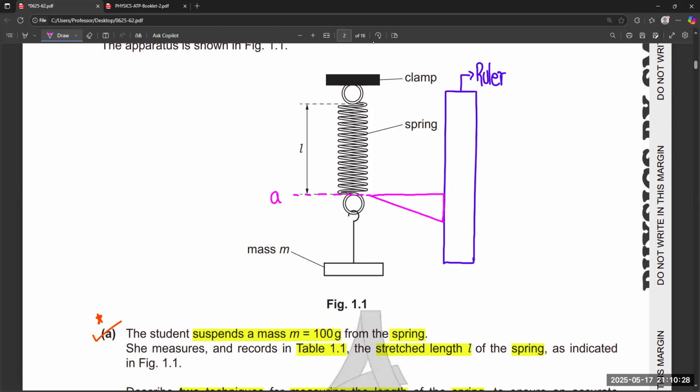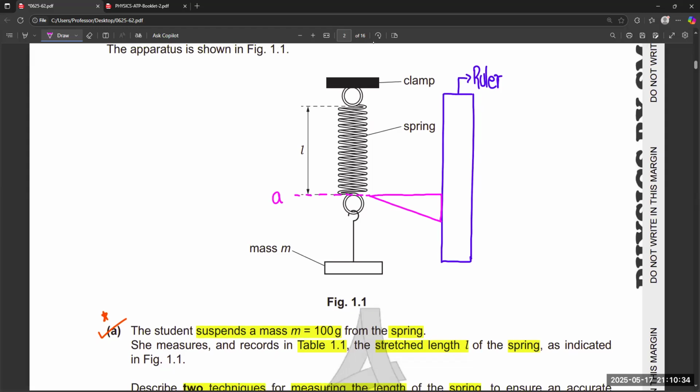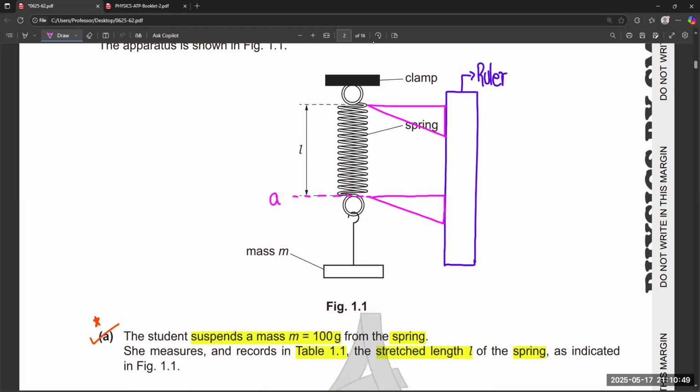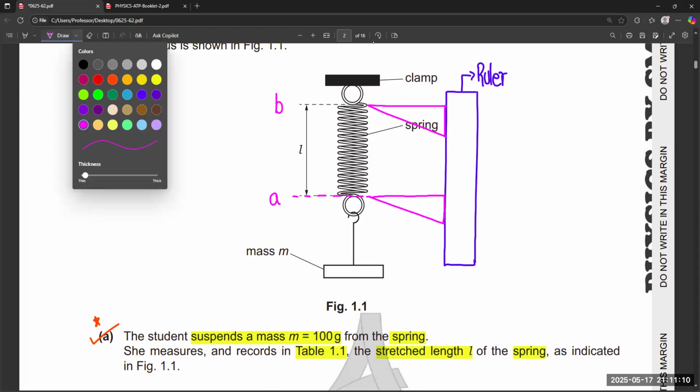Let's suppose we got value A, and then you place this set square on the top one by one. We know that we cannot place both at a time because we have to read the value also. So one by one you can place at different positions to record the reading, right? So this is the method. Because if we place a ruler parallel to the spring, it is difficult to mark the exact value on the meter rule. That's why we use a set square to mark the exact value one by one.